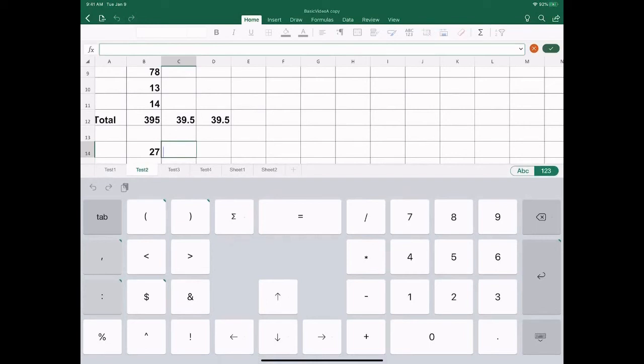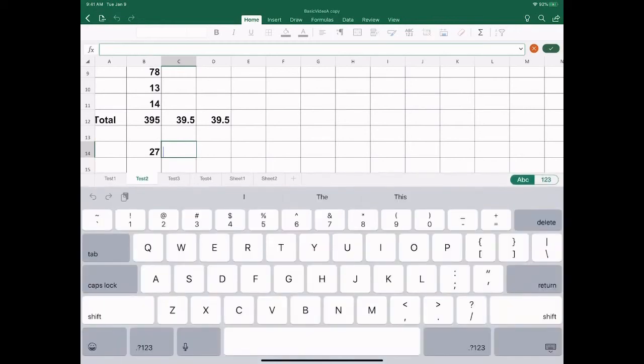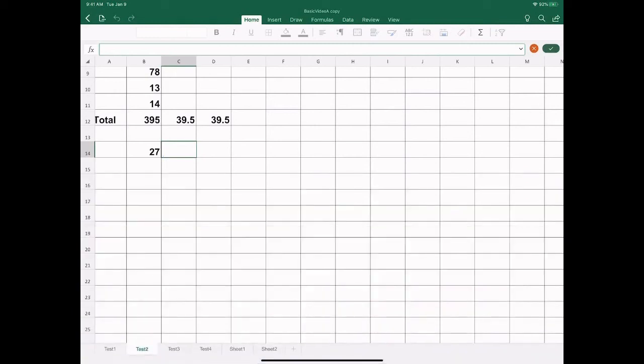I want to at least point out to you that, again, up in the middle of the page on the right-hand side, it shows that I have the 1, 2, 3, which is the numeric keyboard. By tapping the ABC, I could change that to the regular keyboard if that's what I want. And if I don't want to show the keyboard because it's taking up a lot of my screen and I'm doing something else, in the far lower right-hand side, if I click on that thing with the down arrow there, it takes the keyboard off the screen for now. All I need to do is to double tap on a cell and it'll come back,